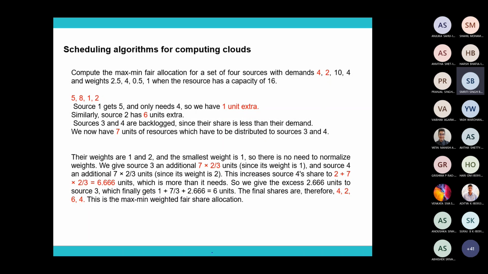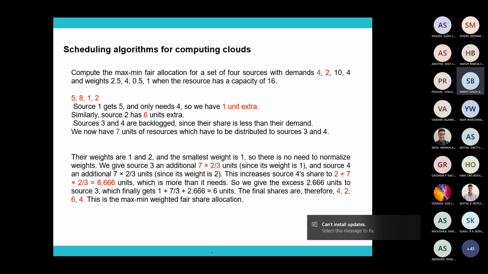So what is remaining is the 7, and you have to distribute the 7 between the last two users. And what is the weight given? The weight is 0.5 and 1. 0.5 and 1 in the sense, suppose you allocate some x amount, and the last user will get 2x. It is something like 1/3 and 2/3, right?